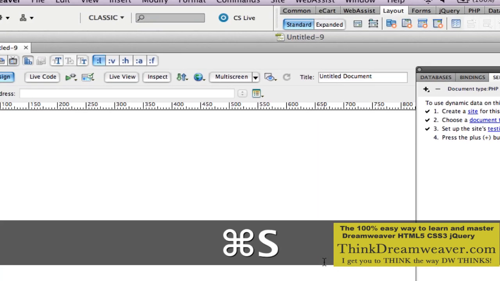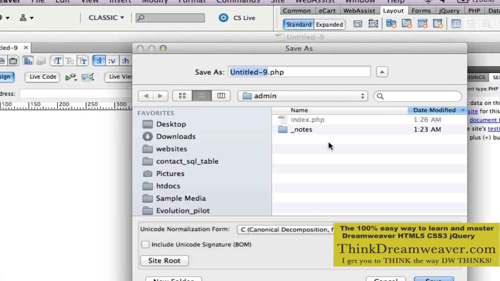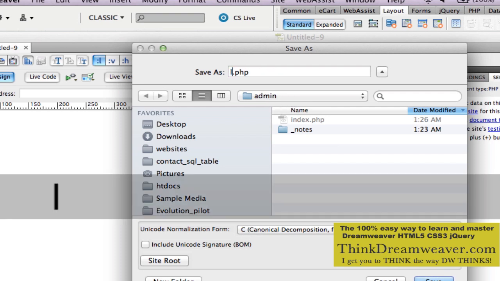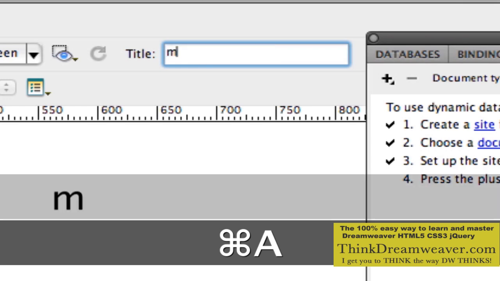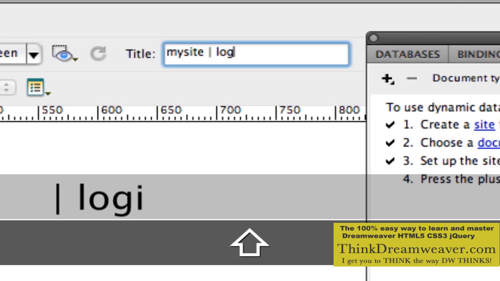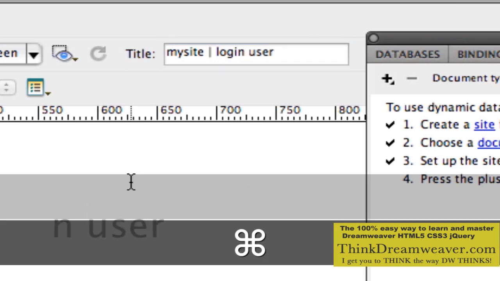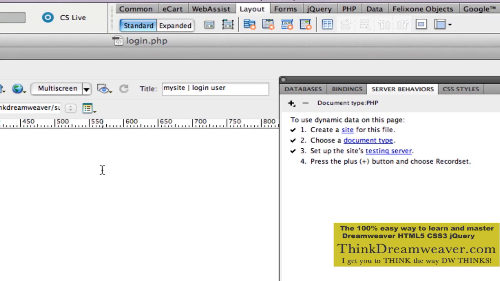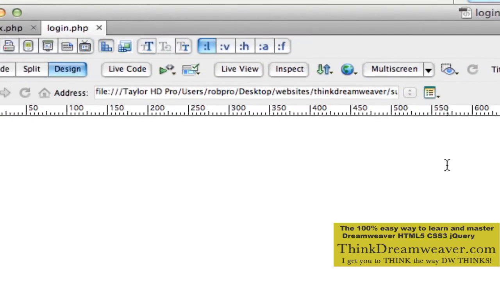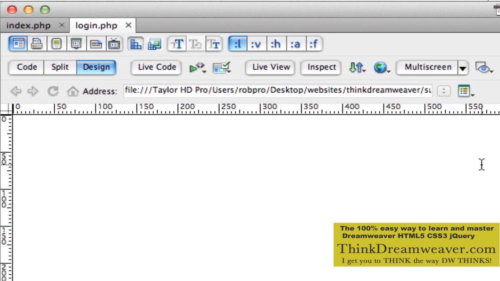So let's save this file. Now, we're going to save this file in the same folder as the admin folder. So we're just going to call it login page. And it makes total sense to put the title of the page: Login user. Okay, so this information, anytime you're submitting information to the database, querying, searching, deleting, updating, it has to